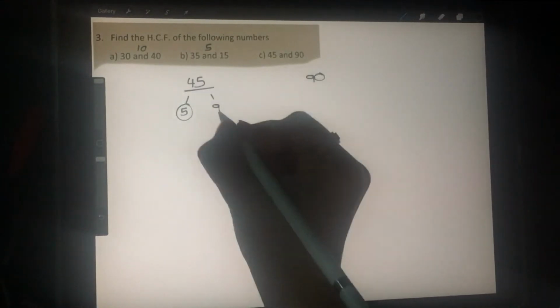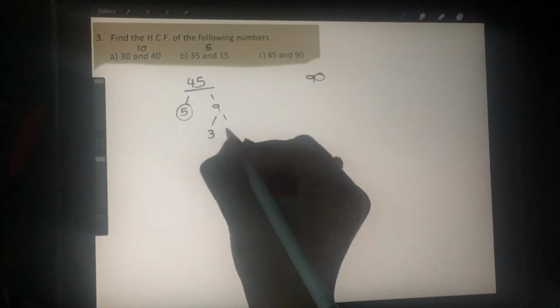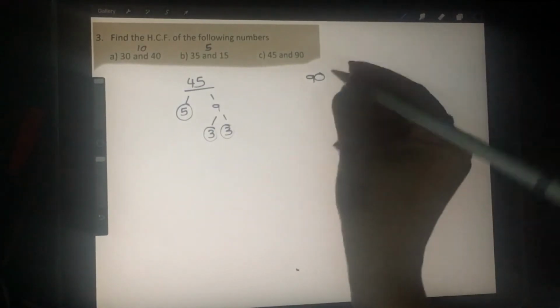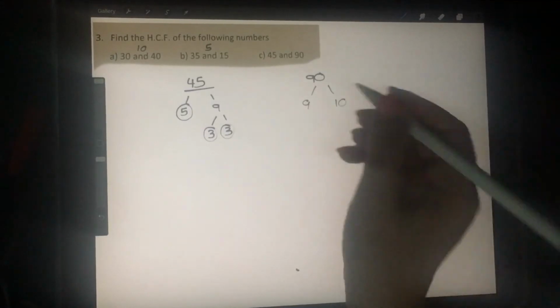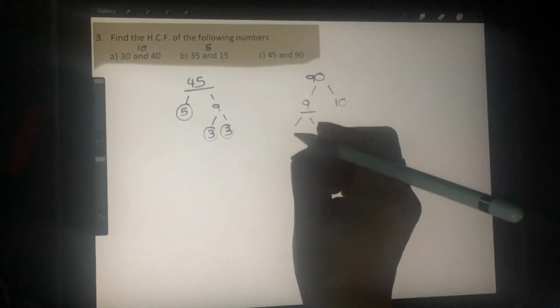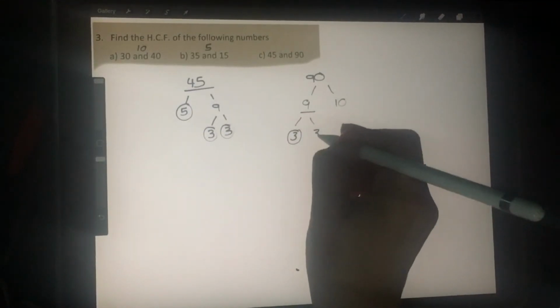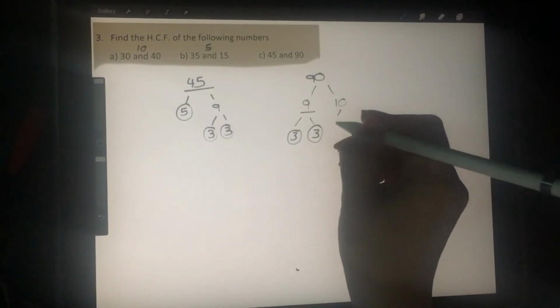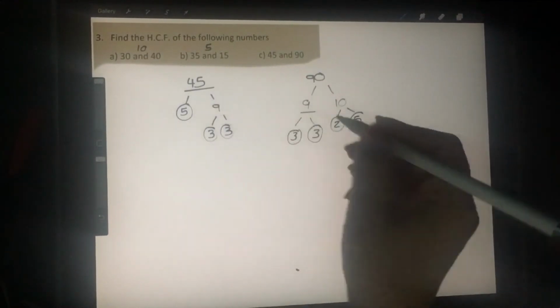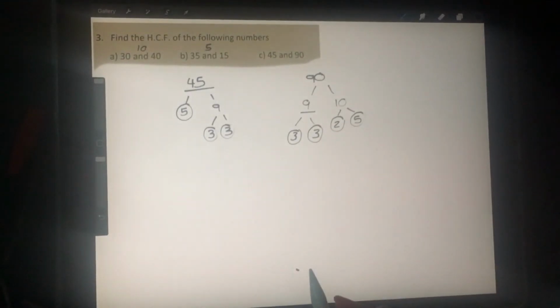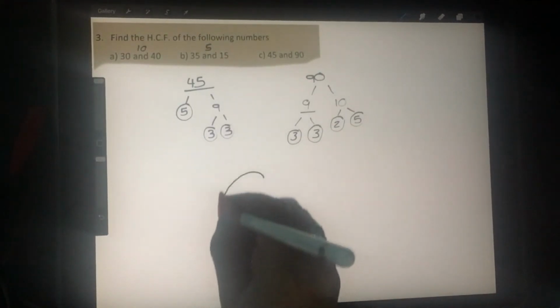5 is a prime number. 9 can be divided into 3 times 3 again, where 3 and 3 are both prime numbers. 90 gets broken up into 9 times 10, and 9 can be broken up into 3 times 3, and 10 can be broken up into 2 times 5. Now we've got all the prime numbers neatly stacked together. We draw our little Venn diagram,